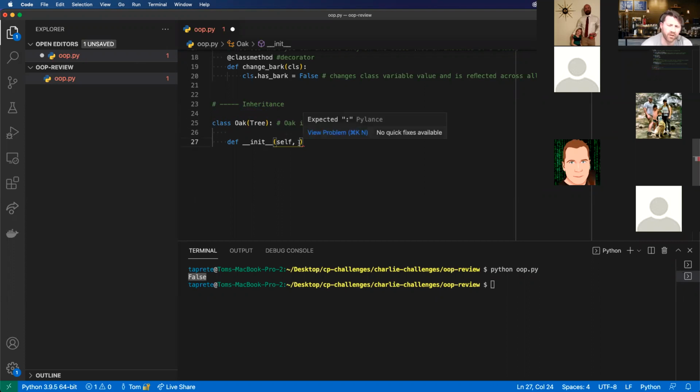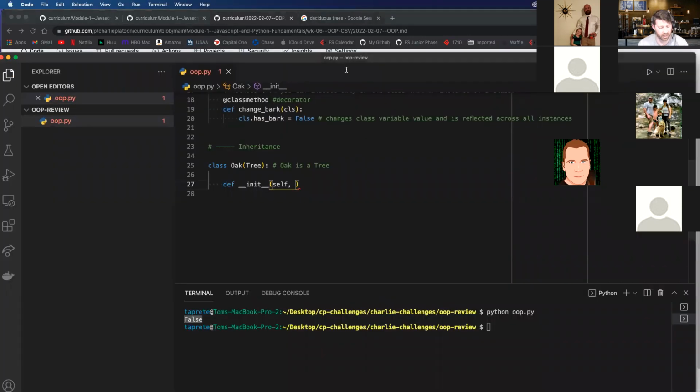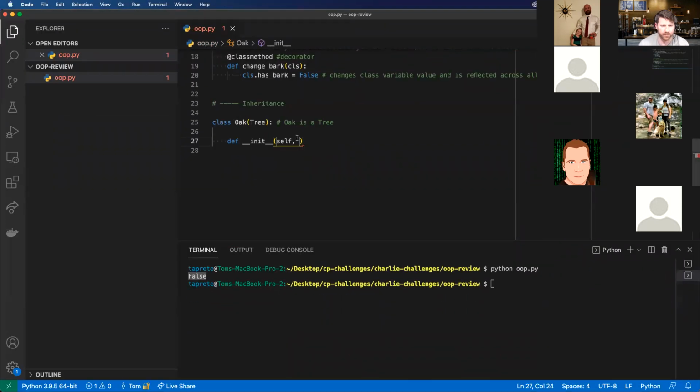What other attributes can we have for an oak tree? What are some attributes about an oak tree? Does anybody know? Acorns. Acorns? Cool. So we'll have to pass in is deciduous, has acorn,